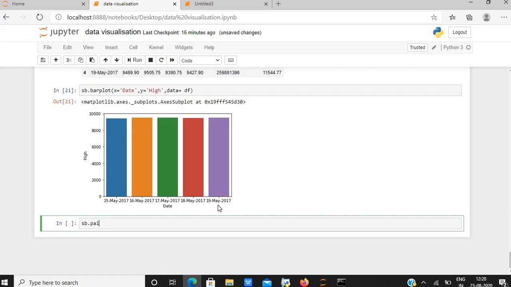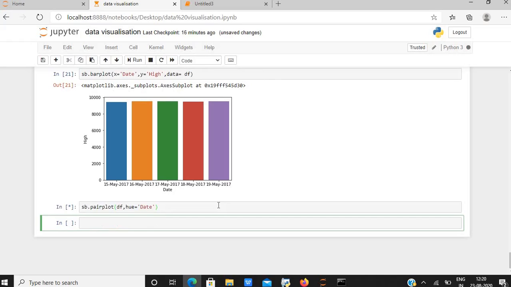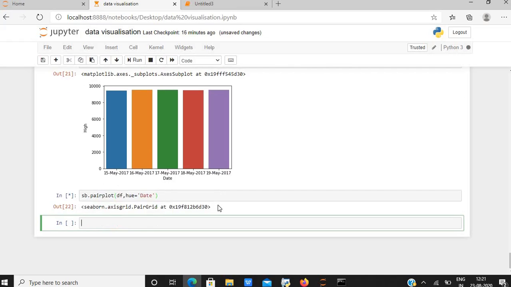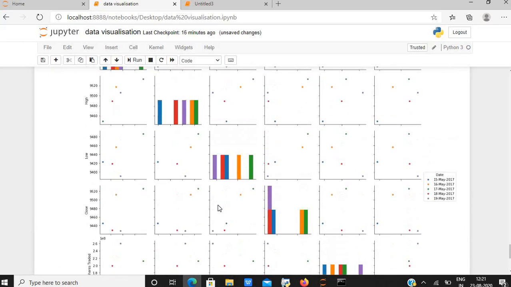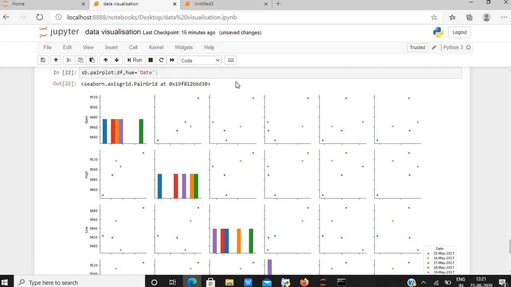Now let us work with a pair plot. In a pair plot, we receive values with the corresponding other values. Let us understand this with the help of the pair plot. As you can see, we have received a pair plot.